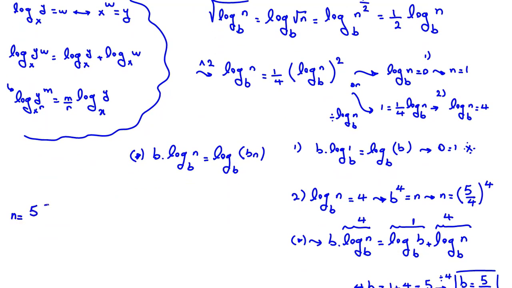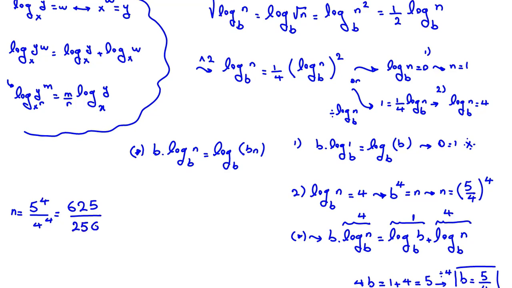So n is 5 to the 4 over 4 to the 4. 5 to the 4 is 625. 4 to the 4 is 256, since 2 to the 8 is 256. So it is j over k. Now, the answer to the problem is j plus k